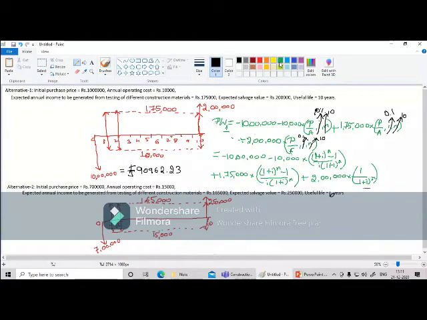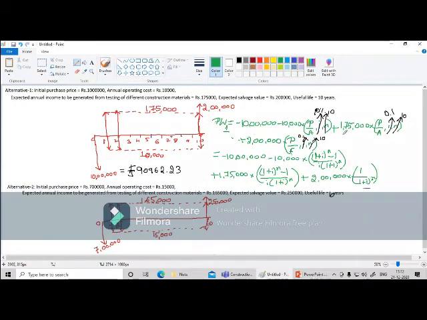So I'll just repeat what we had done. We had alternative 1, we had alternative 2. For both the alternatives for the given data, we had drawn a cash flow. Once we draw the cash flow, what was our requirement? We had to convert everything to present worth. We want to evaluate it using the present worth method. So I converted this complete cash flow, all these values which were distributed annually, in the future, to the present worth.